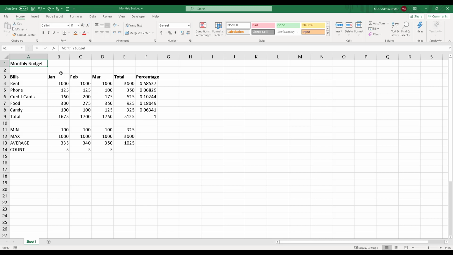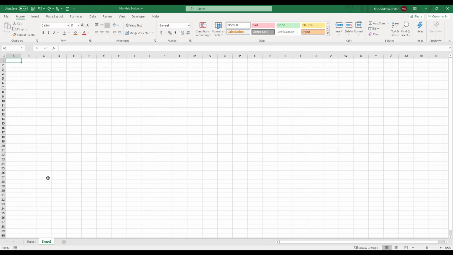What if you want to move this content to another worksheet? To create a new worksheet, all the way down where you see Sheet1, there is a plus sign. If you click on that, it will create a new sheet. If you're using a very old version, maybe 2007 or older, that might be a little different, and you might see a little icon to create a new sheet. Just click on that and you will see that a new blank worksheet is created.